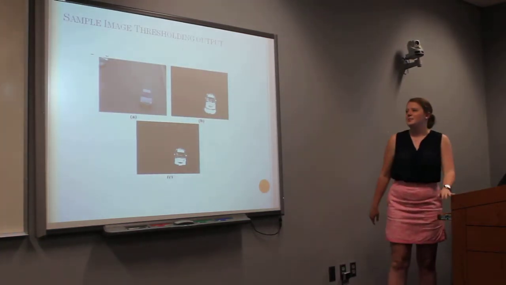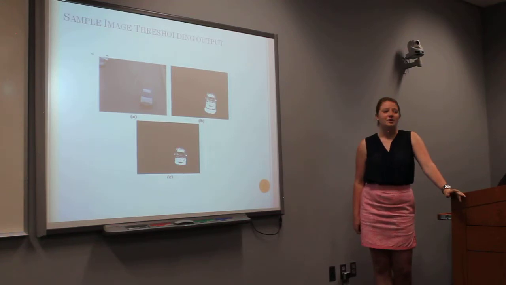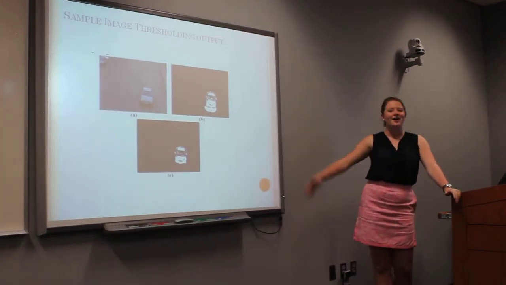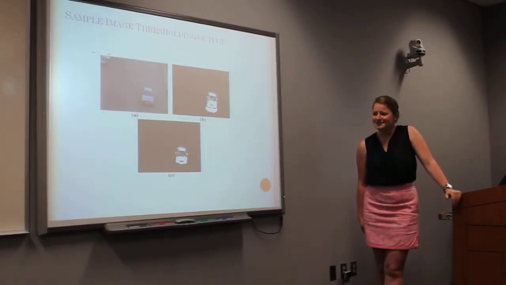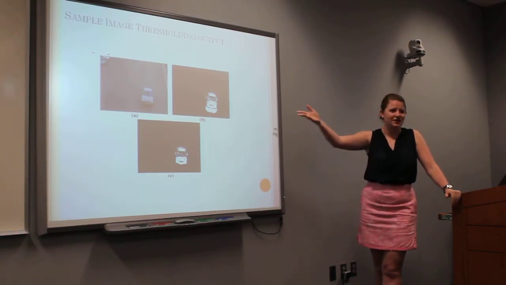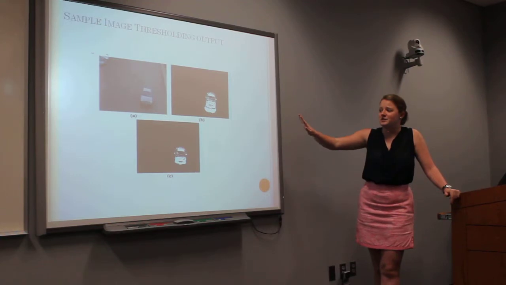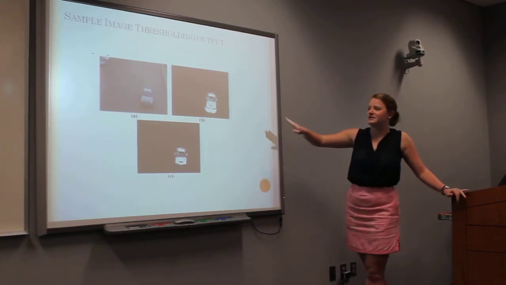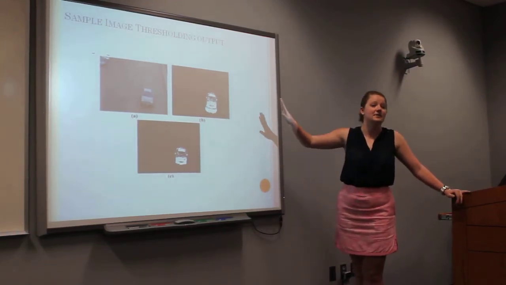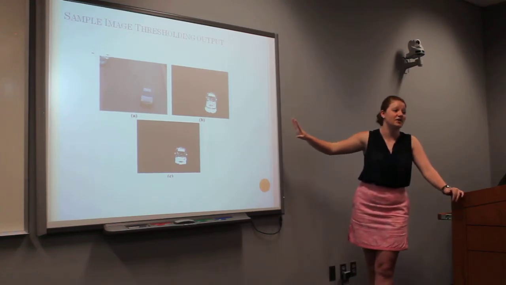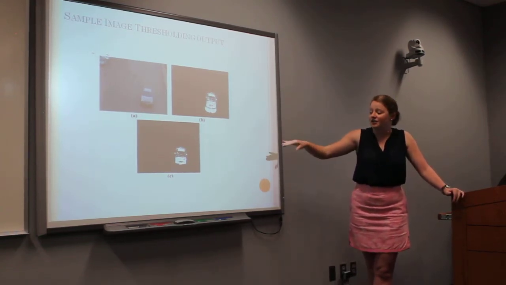So this is an example of an image thresholding output. Conveniently, it is a car. The first image obviously is just your regular run-of-the-mill image from the camera of a car. The second image is with the image threshold applied. You can tell that the object is white and its background is black, so you can easily tell where the car is. And the third image is with